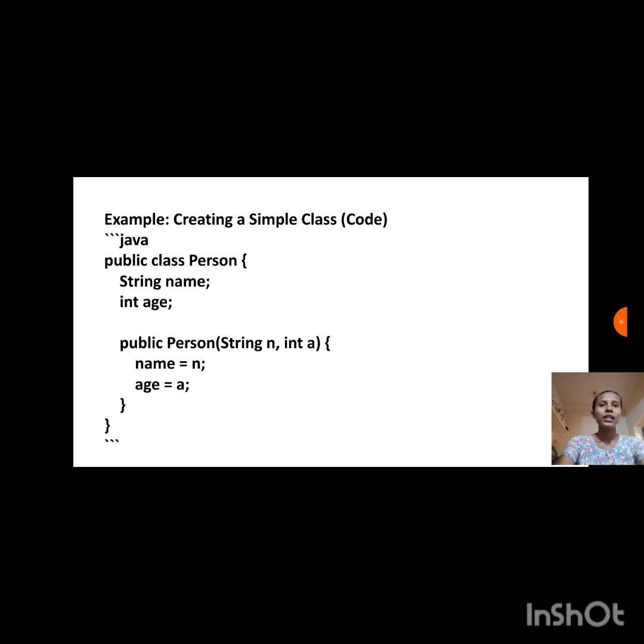Example: creating a simple class code. Java: public class Person { String name; int age; public Person(String n, int a) { name = n; age = a; }